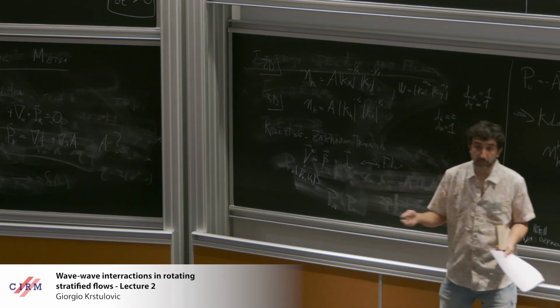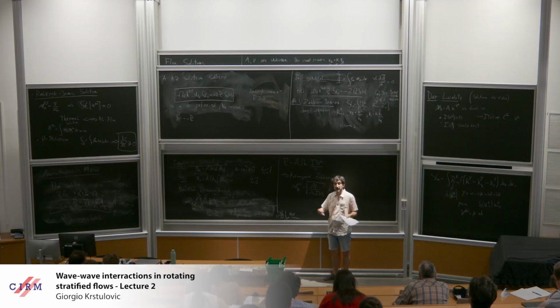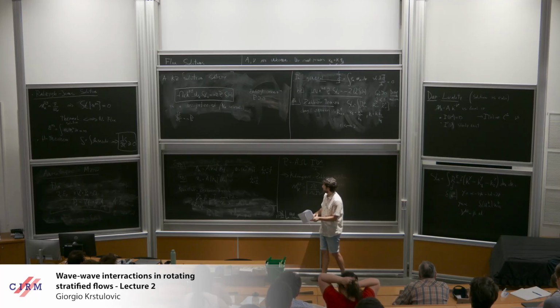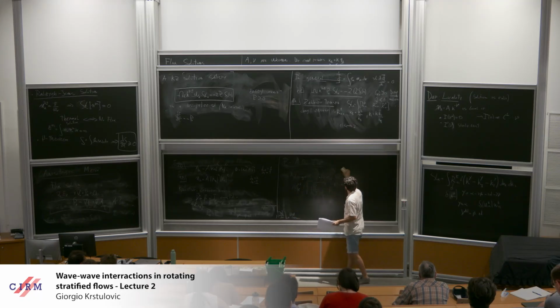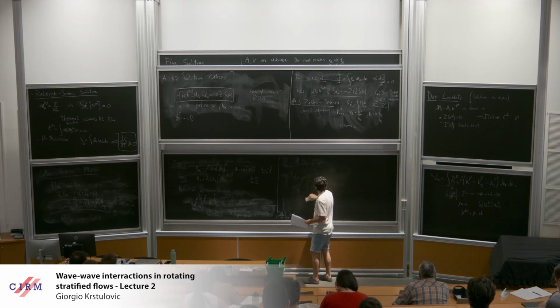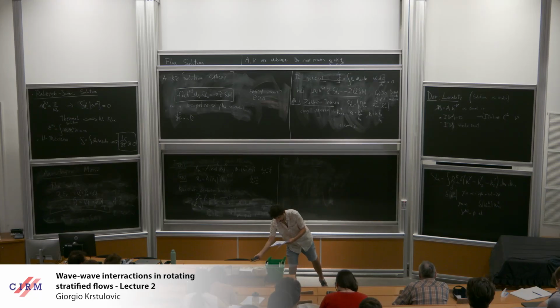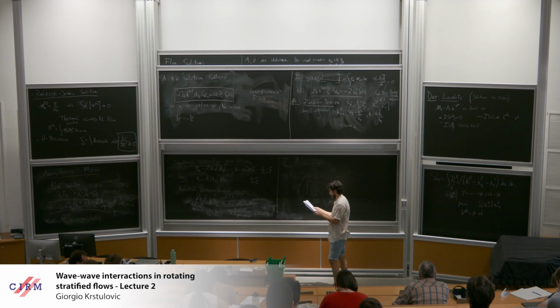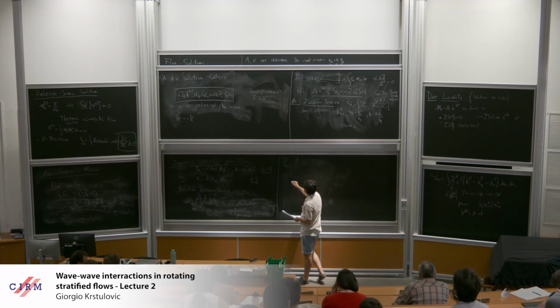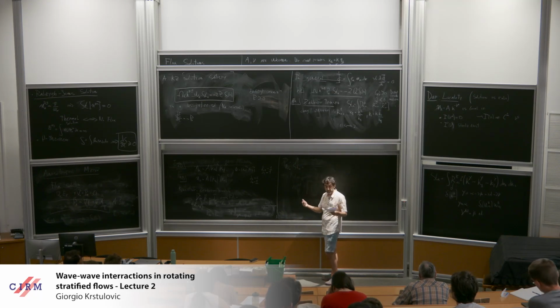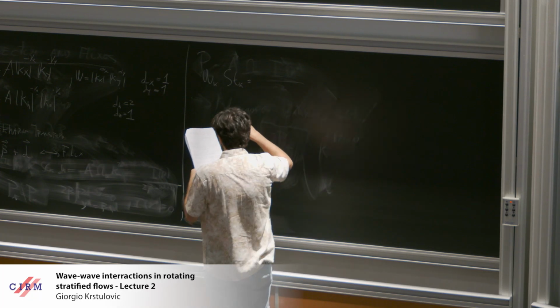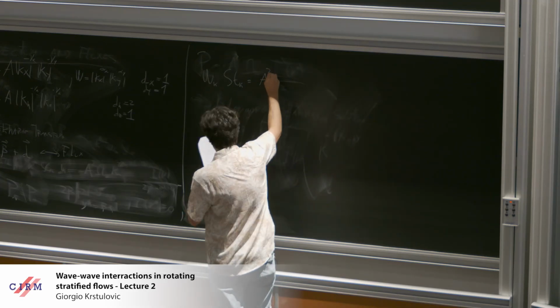You would like to do the same as before. You would like to plug it in the collisional integral and see which kind of singular solution it is. Okay. So for instance, you take omega k, stk. You do exactly the same exercise as before, and you will get an a squared